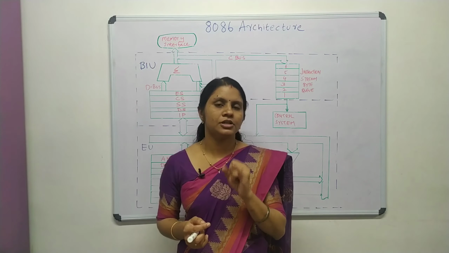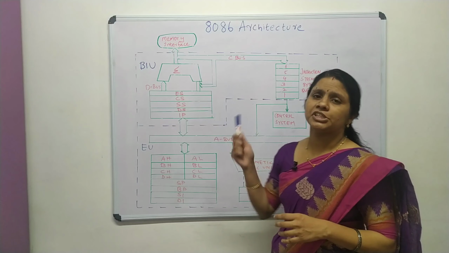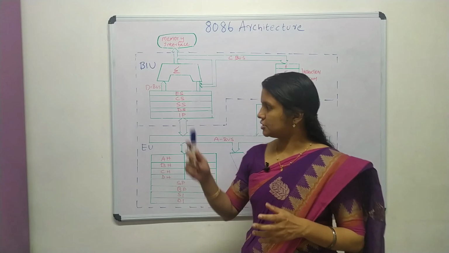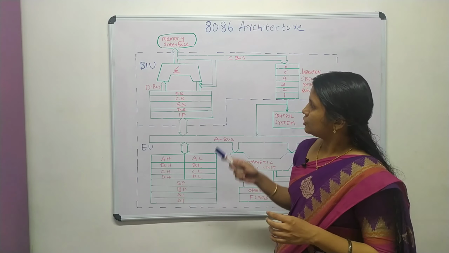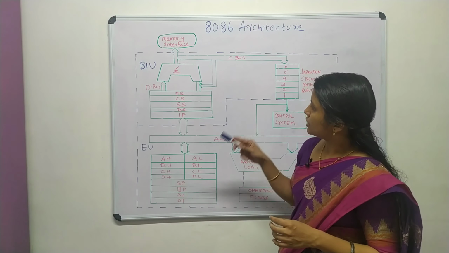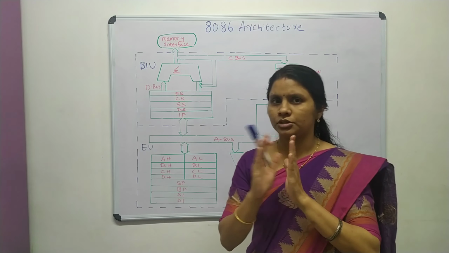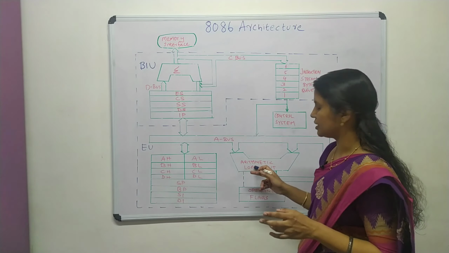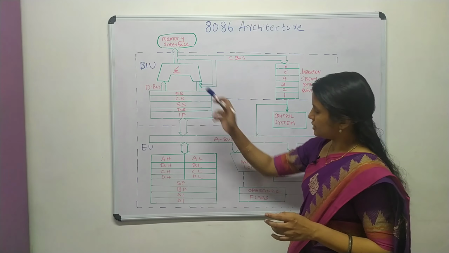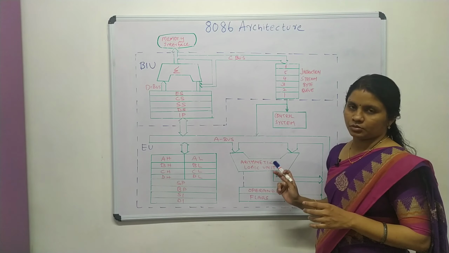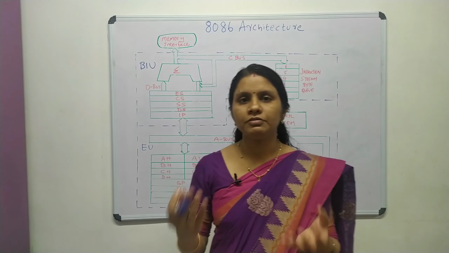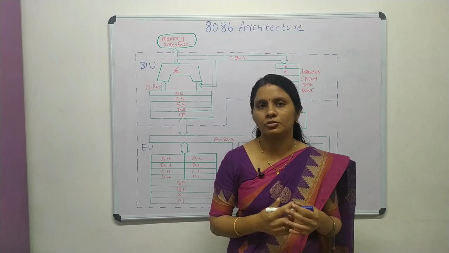In this architecture, most of the shapes are rectangular. The other two shapes, other than the rectangular ones, are both arithmetic circuits, but both are not ALUs. One is the ALU, that is arithmetic logic unit. This ALU is of 16 bits. What is the purpose of the ALU? It performs arithmetic and logical operations.